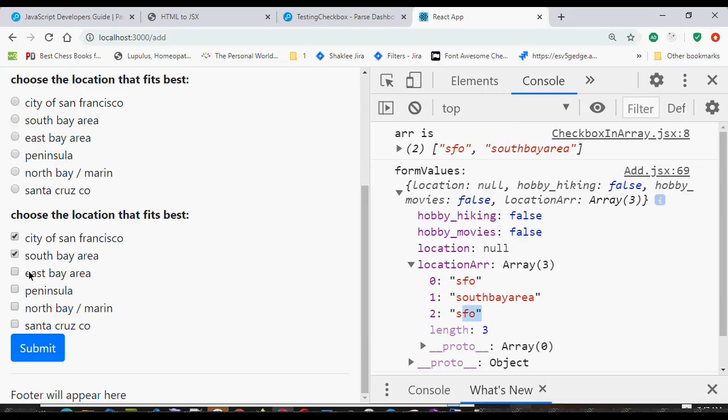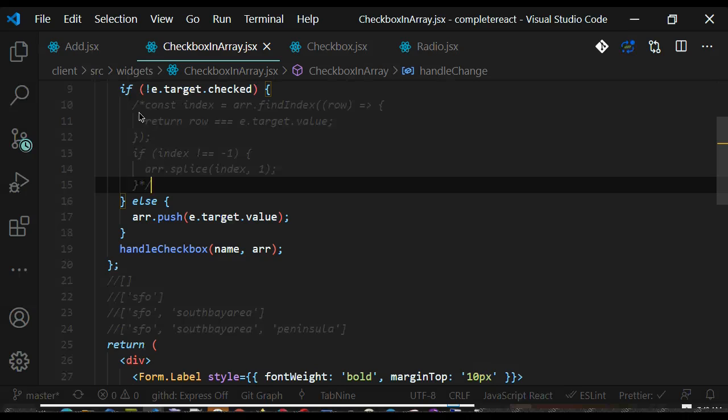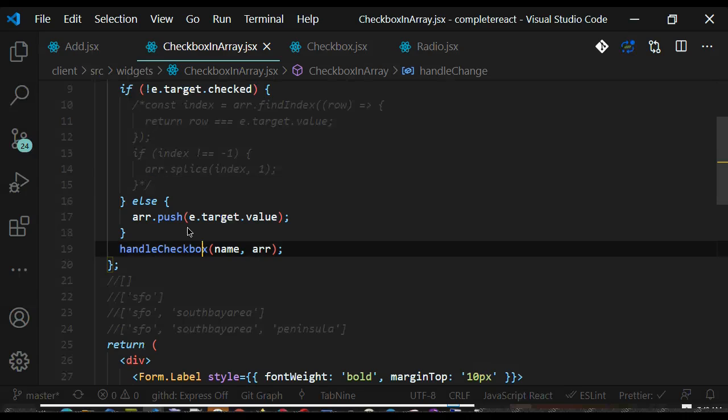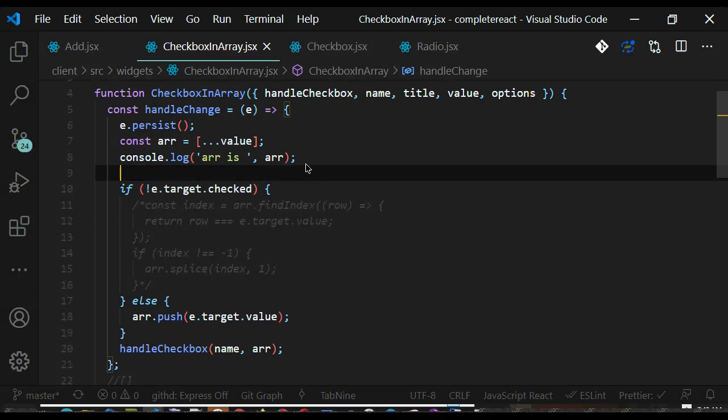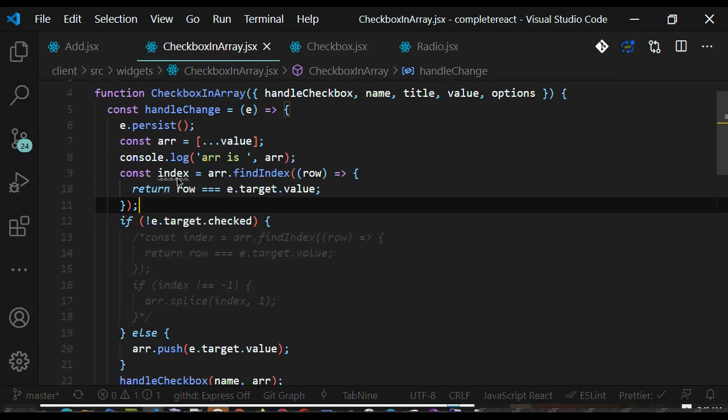So if the uncheck part was not there and if I check this 2 times, I'm getting 2 times SFO. That should be avoided. So let's fix that one now before we uncomment the uncheck box. So here in this case also, I need to find the index. Since I need to find the index in both the cases, let's put the index out of the if block and we'll try to find the index